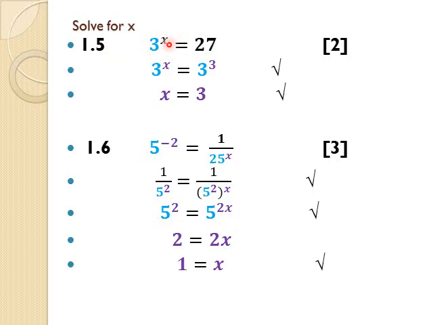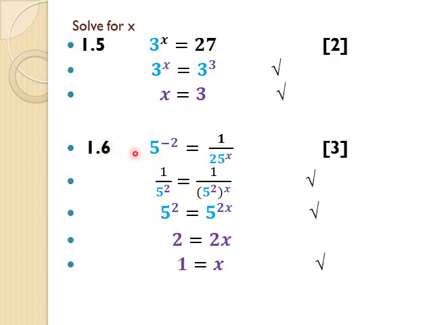So with exponential equations, either we're going to try to make the bases the same or the exponents the same. In this case, we're trying to solve exponents, so the bases must be the same. So 27 can be expressed now as 3 to the power 3. If you have a Casio FX82, say 27 equals shift fact, and it will give you 3 to the power 3. Now, because the bases are the same, I can drop them, and I'm left with x equal to 3. Right, 1 mark for